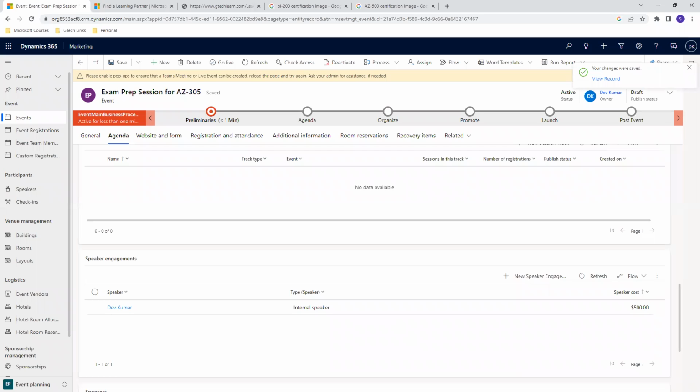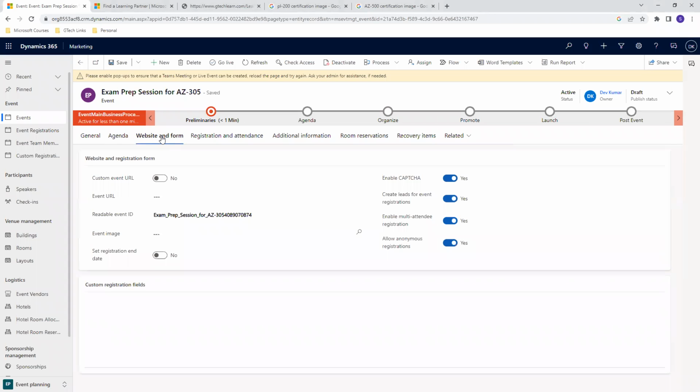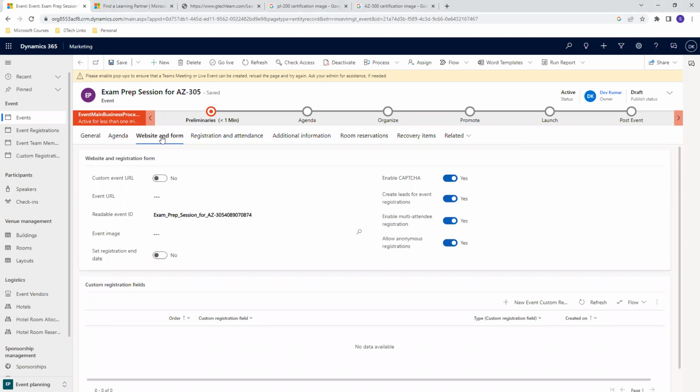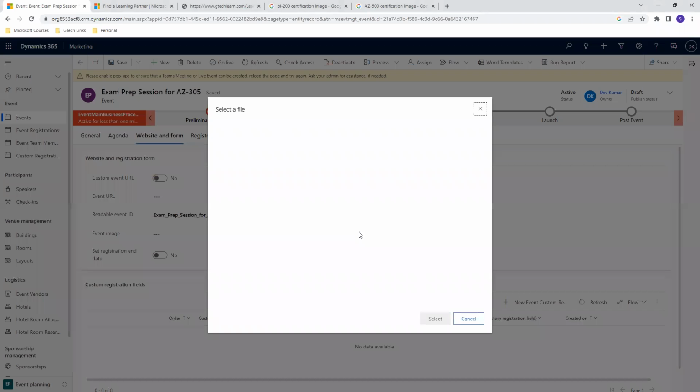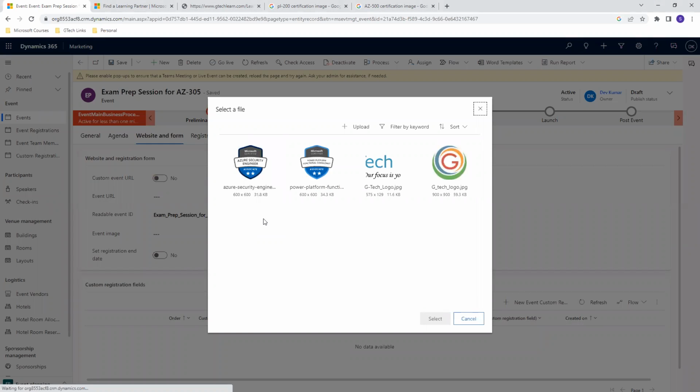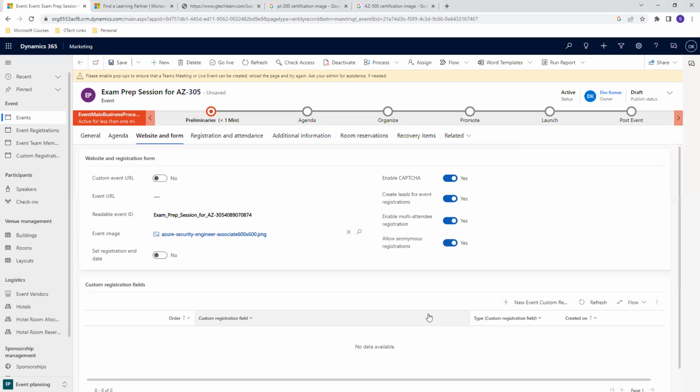Once I have added the speaker, we can also add some event images if we want. If you want to add some event images, you need to come to this website and form area. From this area, you can get an option called event images, so you can go for adding some event images also. You can go for selecting the file. I would say it's relevant to the Azure security platform, so I'm going to select the Azure security image, and the image is going to be displayed on the marketing